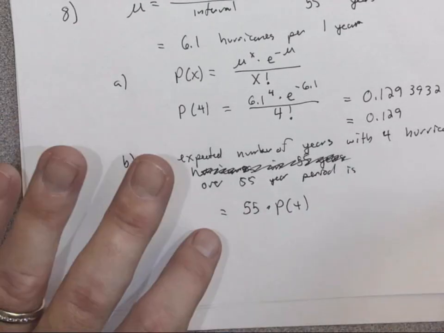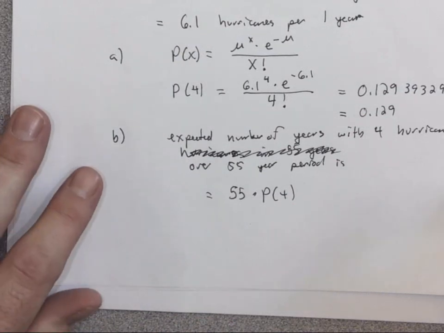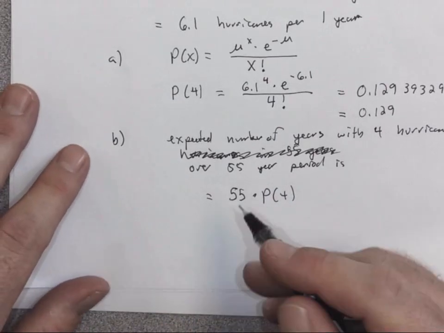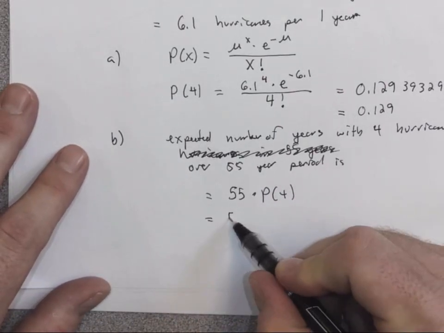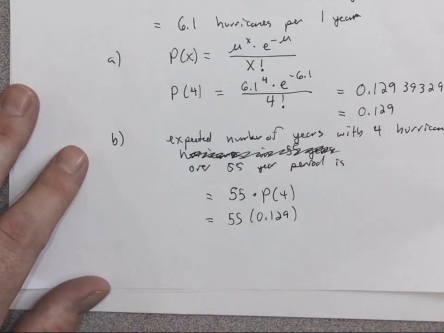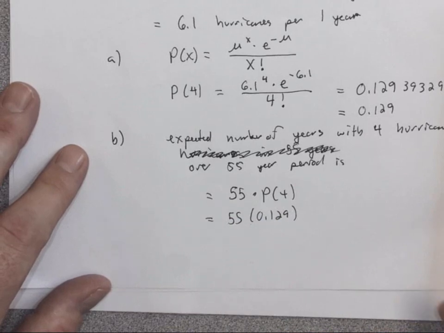This expected number is very similar to finding the mean of a binomial distribution. You know, it's n times p, so that's your expected number. It's from that idea. So this is going to be 55 times this 0.129. So let's see how many we have. 55 times 0.129, we get about